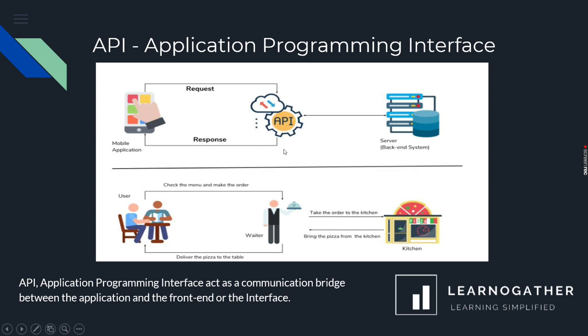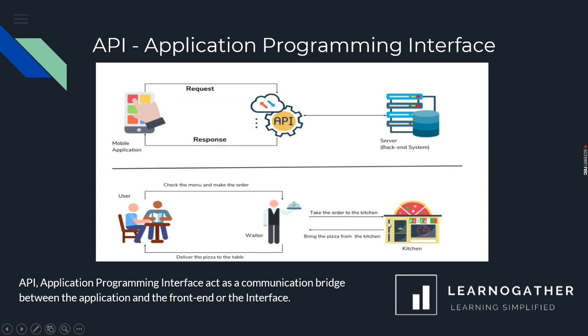In layman language, we can see it with the below example. Suppose you enter a restaurant and you try to order something from the menu. Here, a waiter will act as an API, and will take your order if it is present in the menu, and give it to the kitchen. The chef will cook the order, and the processed food will be delivered to you by the waiter. Here the waiter acts as an API. It will take your order, authorize that order if it is valid and present in the menu, and then deliver it to the chef. If it is cooked, then it will be delivered to you.